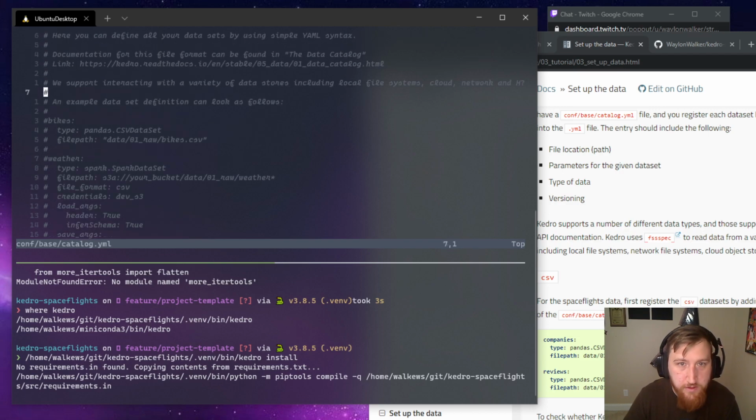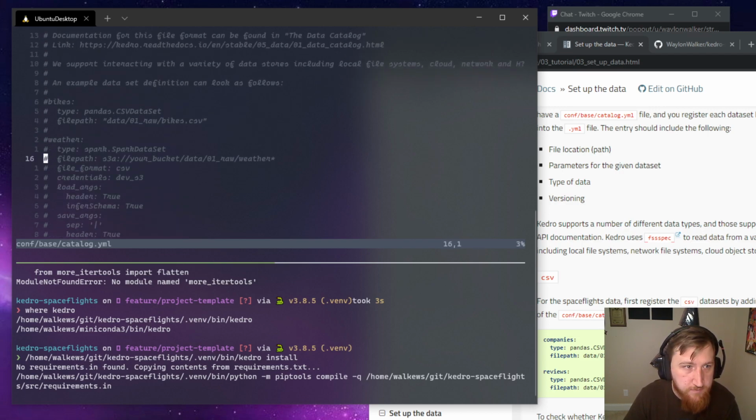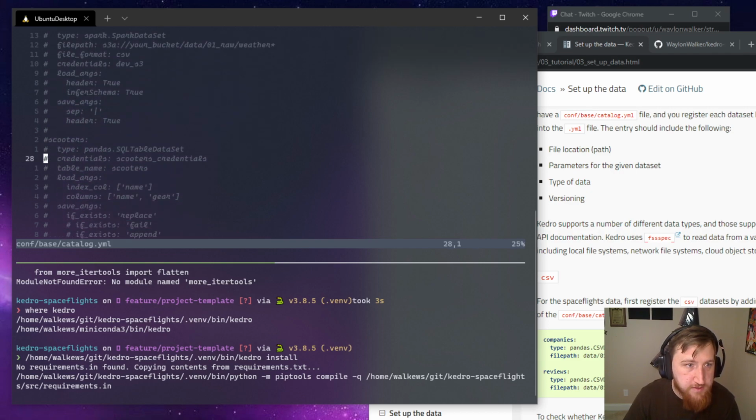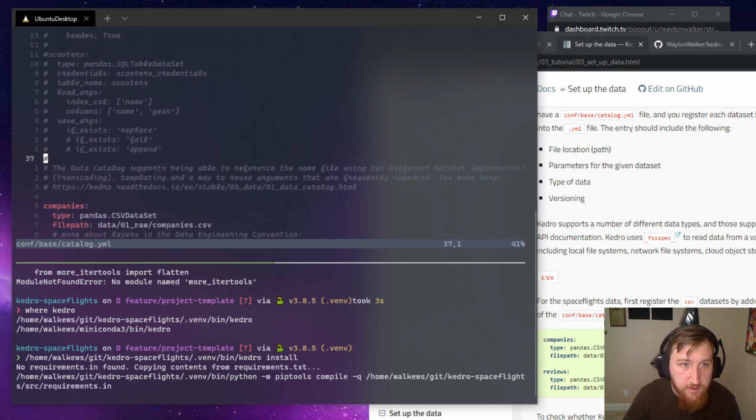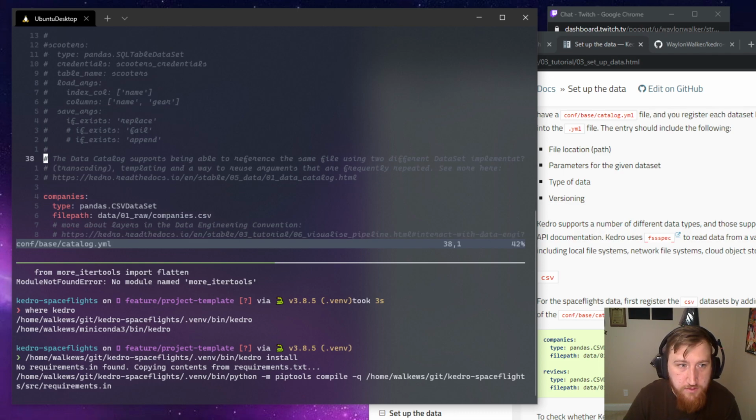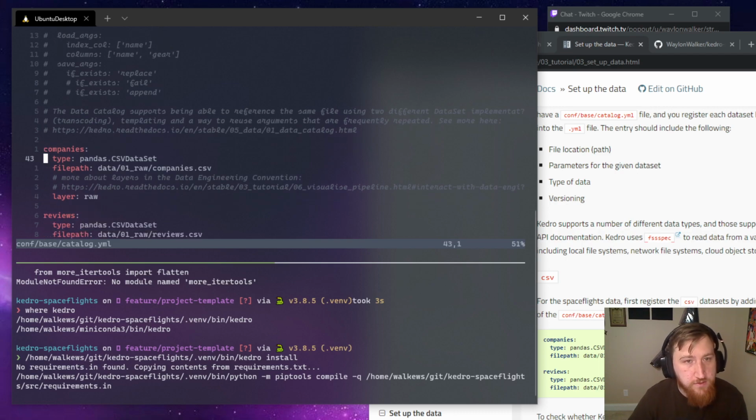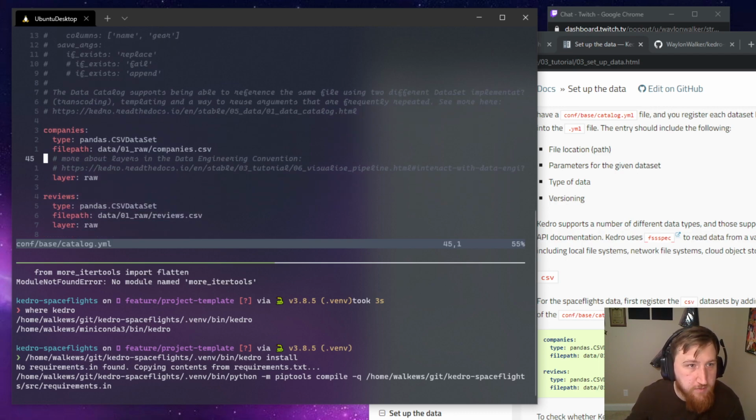So this appears to be some example datasets out of the template. Tells me the data catalog supports being able to reference the same file using transcoding. Okay, so that thing it was saying there was